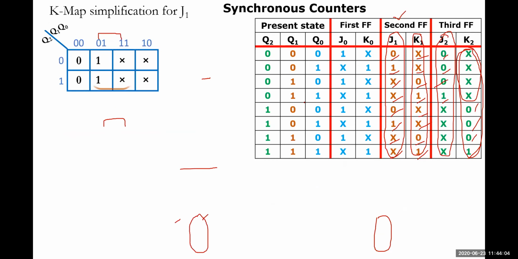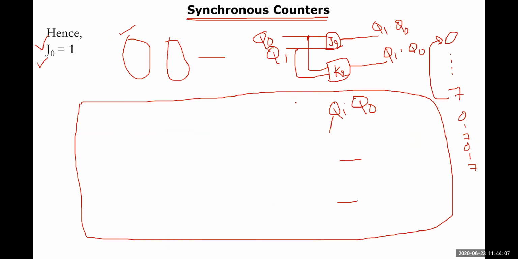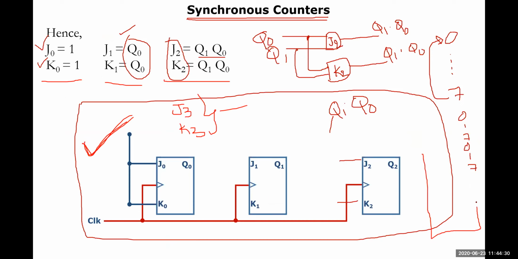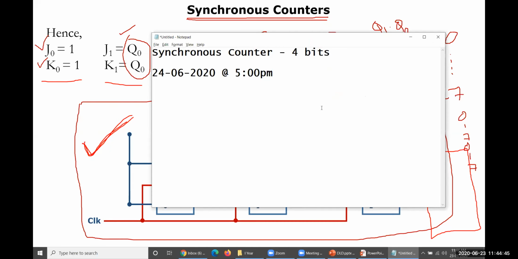Okay, let me go to the last. So based on that, you have to draw this particular diagram. Drawing this particular diagram is very important. To draw it, you need to have J0, K0, J1, K1, J2, K2, followed by J3, K3. J3, K3 values must be identified by you, and you need to add one more extra flip-flop here. And then those inputs must be drawn here. So based on that, you have to draw and submit by tomorrow by 5 o'clock. Okay, that is the deadline for you.